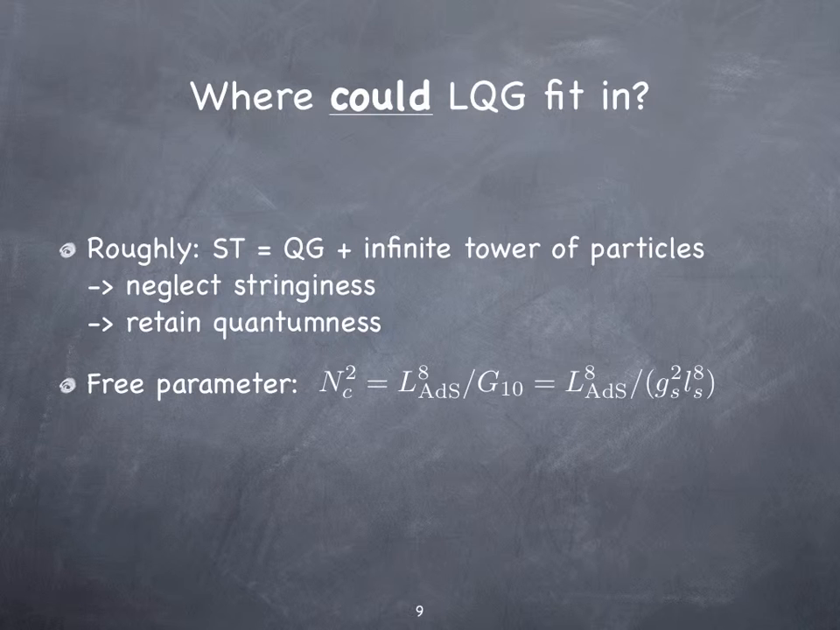So roughly what you would like to do is neglect stringiness, which would correspond to taking this L_S to 0, so that the higher string modes decouple and the string tension becomes infinite. However, you would like to keep this N_C fixed, so you would actually need to take a strong coupling limit, g_s to infinity, and see how this works. Now there's a problem with this in string theory, as was pointed out to me by